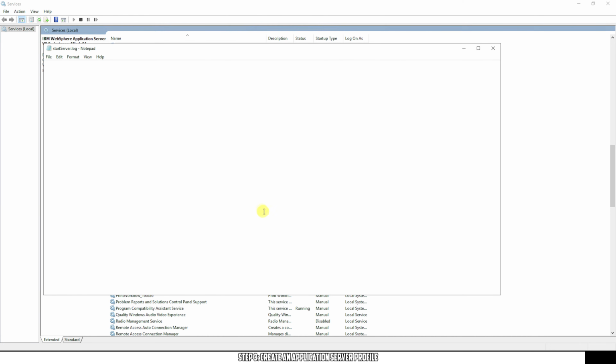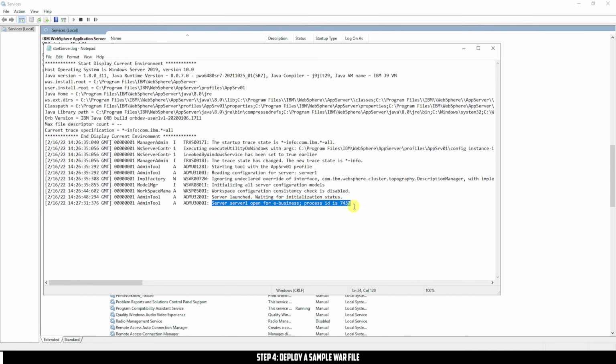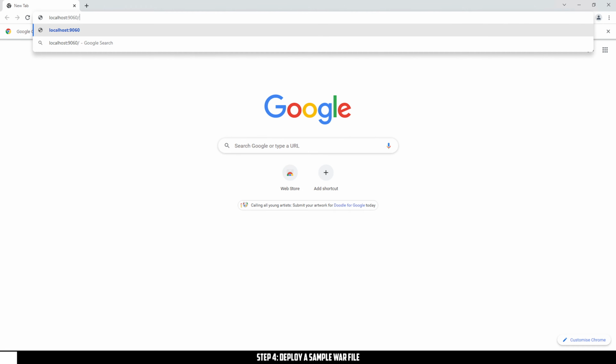This file should have a line that says server1 open for e-business and process ID is some XYZ process. If you don't see this line, wait for some more time. WebSphere Application Server is usually slow and it takes some time for the first initial startup. Eventually, when you see this line, we'll just move on to the next part and deploy the sample WAR into the application server. Open up the web browser and go to